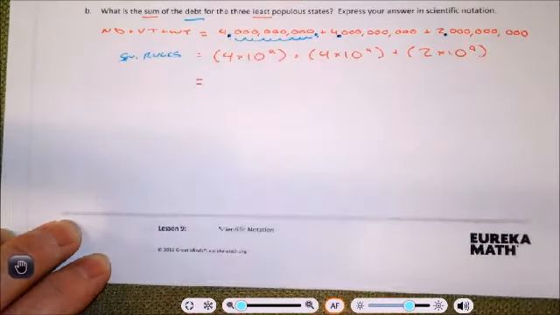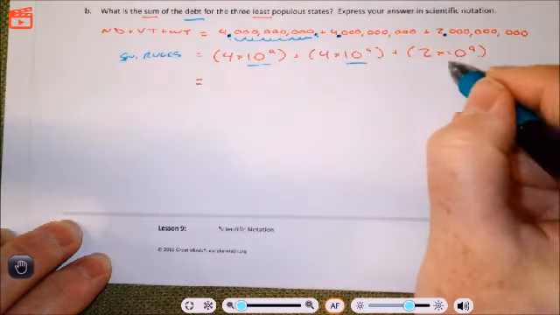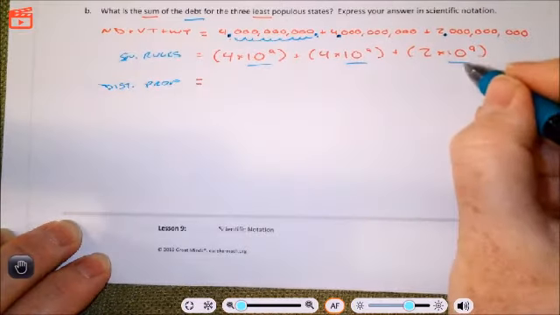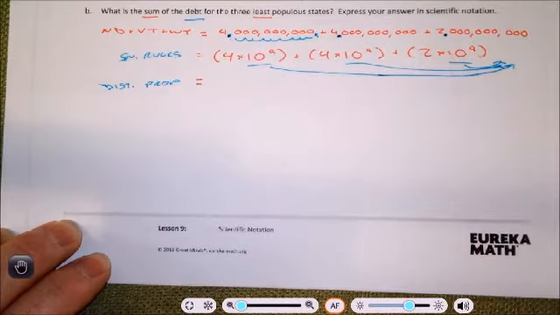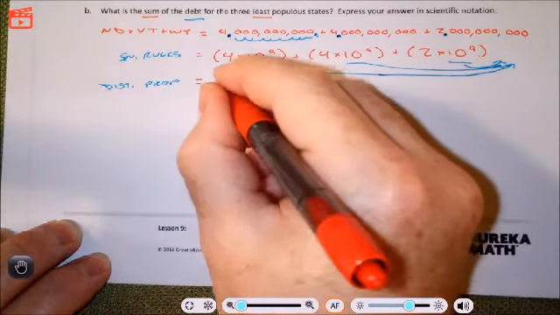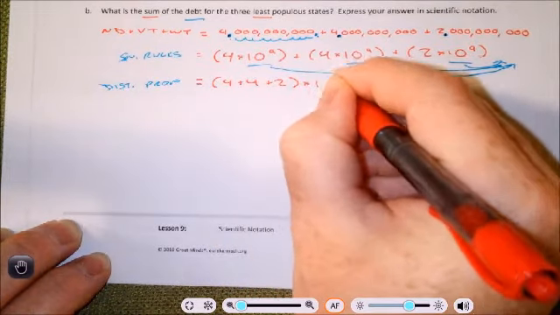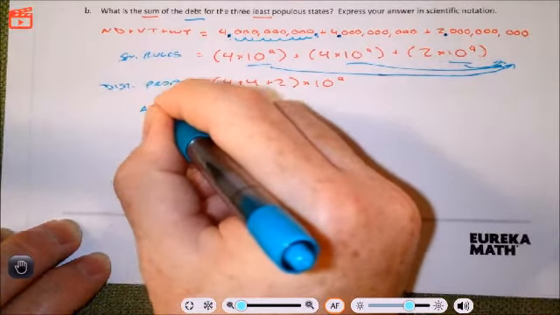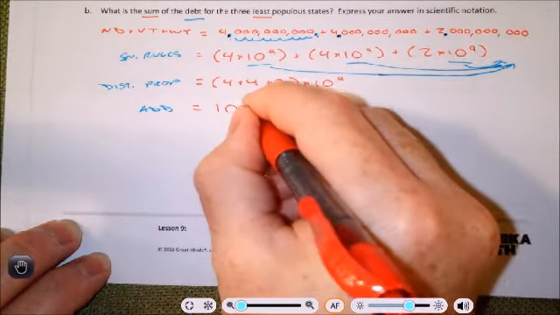For the next step, you'll see that 10 to the 9th is in every piece, so I can use the distributive property to move the 10 to the 9th out of all three, so that I am left with 4 plus 4 plus 2, everything times 10 to the 9th. To do the next step, you just add 4 plus 4 plus 2, you get 10 times 10 to the